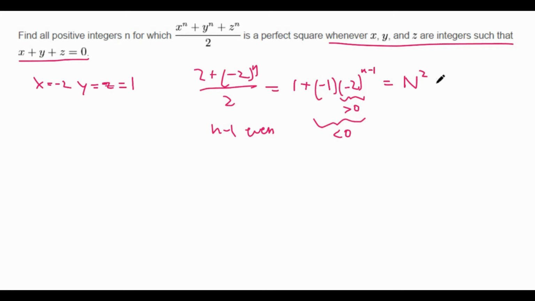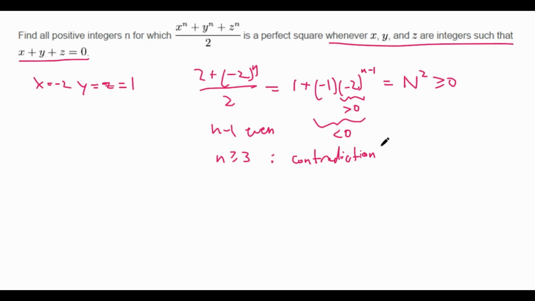And the thing we know about square numbers is that they're always greater than or equal to 0. So this tells us that when n is greater than or equal to 3, and n minus 1 is even, the left-hand side is negative and the right-hand side has to be non-negative, so we get a contradiction. Of course, we can also manually check n equals 1, because this only covers the cases